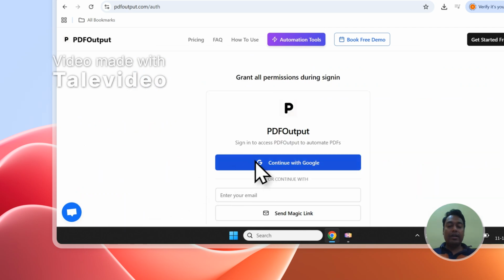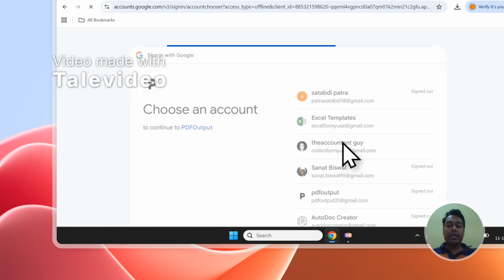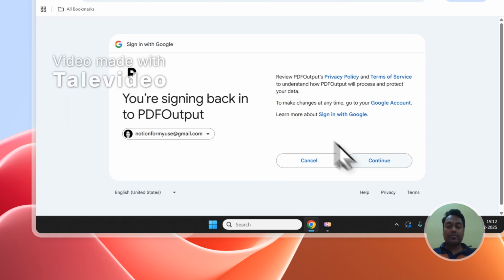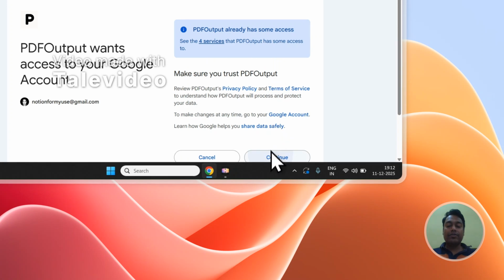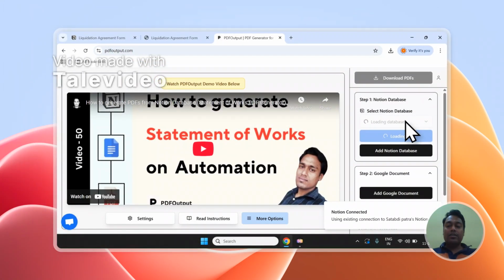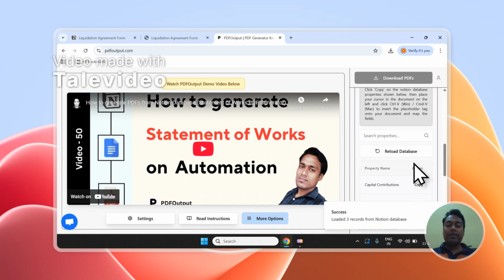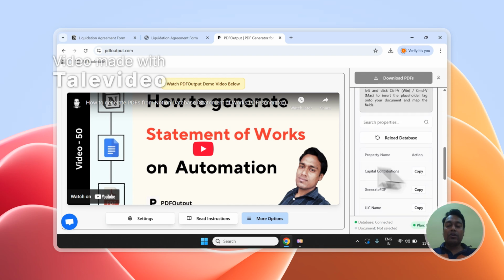Click on create PDF and simply sign in, and then we will see the remaining automation steps which we need to take to generate the PDF. So I'm going to quickly sign in over here, and then we will see how the rest of the automation will work. The very first thing we need to do is connect the Notion database in the very first step. After that, we need to add a document to the database. And finally, we need to map every property of the database one by one onto the document